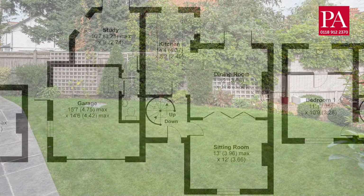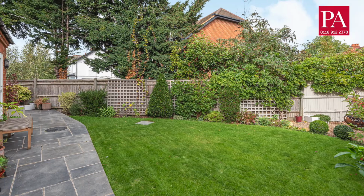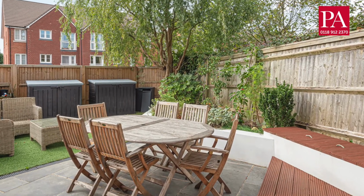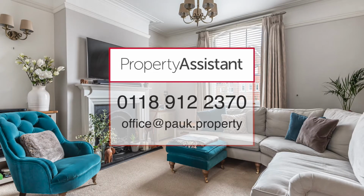Outside to the rear of the property is a private landscaped garden, mainly laid to lawn with a range of plants and shrubs and enclosed by panel fencing. To the side of the property is a decked patio area with storage enclosed by panel fencing and offering a southerly aspect. This property needs to be viewed to truly appreciate the size, versatility and the quality of the finish,